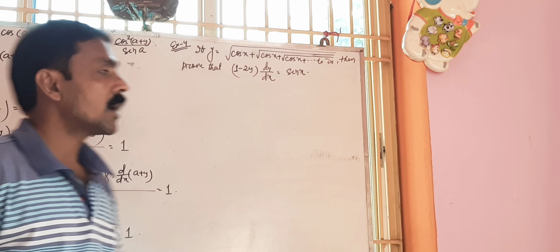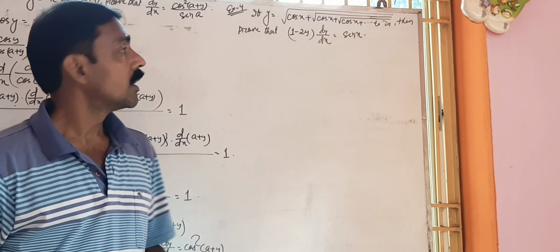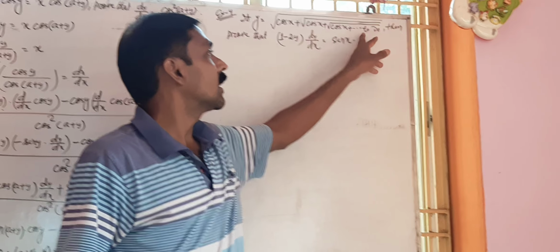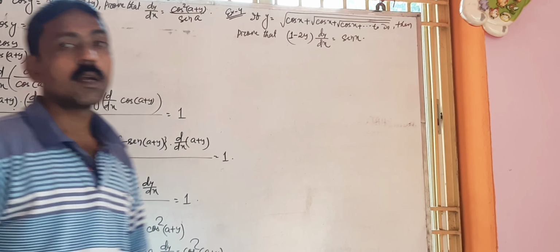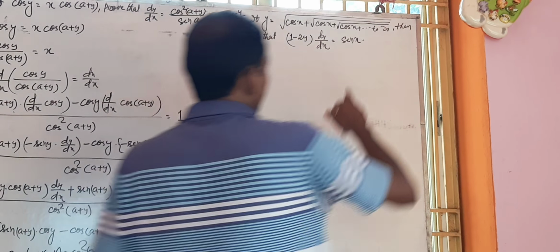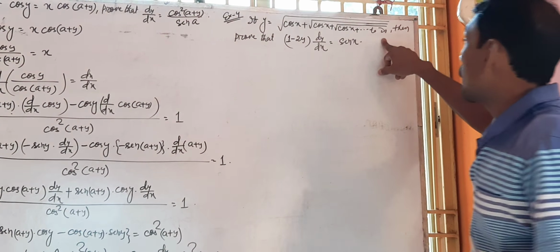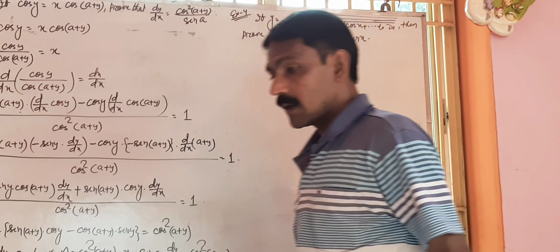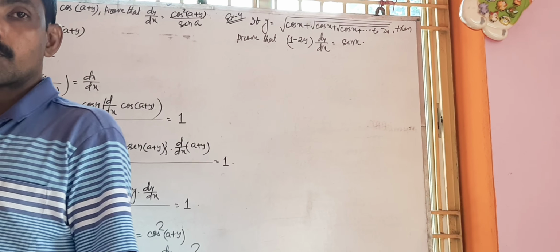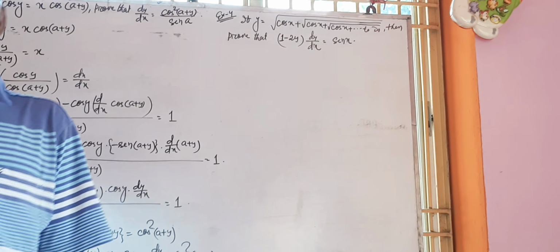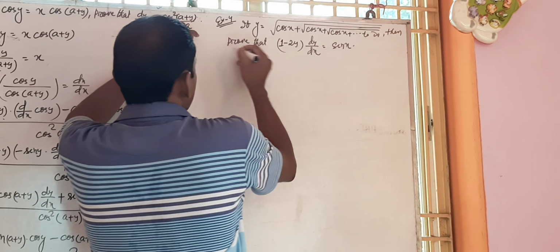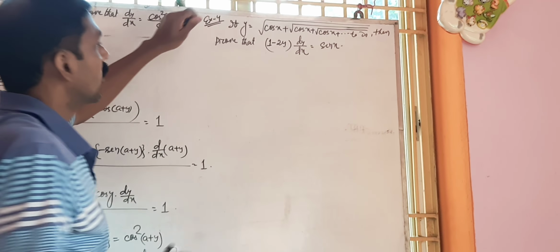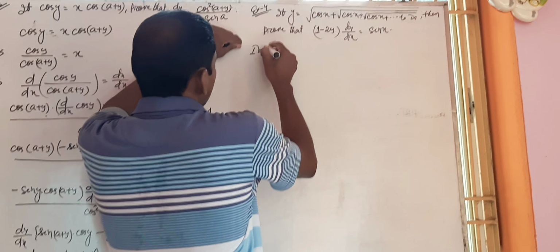Now here one thing I would like to tell you, that here you observe the equation. Square root signs are there, and here it is given dot dot dot up to infinity. So this type of series is called an infinite series. Here we cannot find the number of terms. Infinite number of terms are there. So what is an infinite series? An infinite series is a series in which deleting one or more terms does not affect the value of the series.